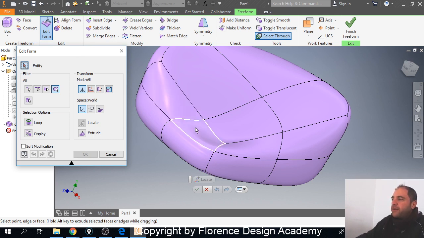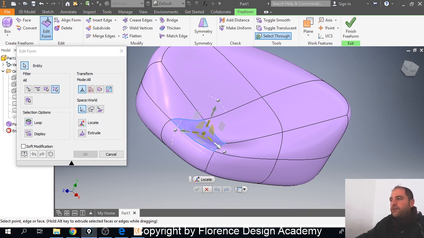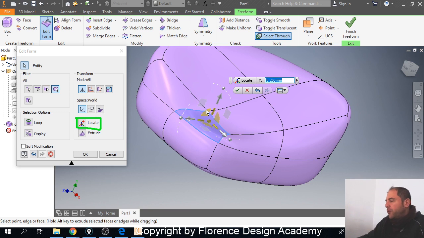When you select something, you need to see that here there is a symbol that is automatically turned on, and it is this one that is called locate. What does locate mean? Locate simply means that you apply the transformation to your object, and you will really move, rotate, or scale your object. But something that is quite common and quite useful to do is, you can change the edit